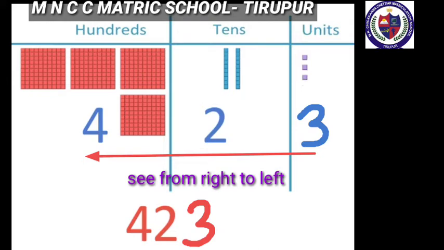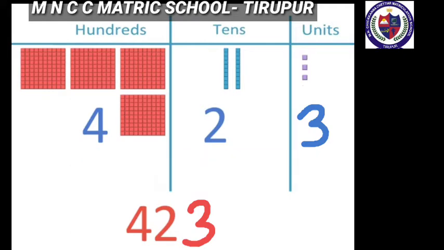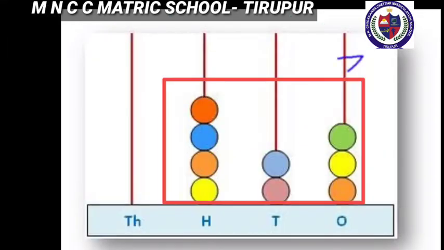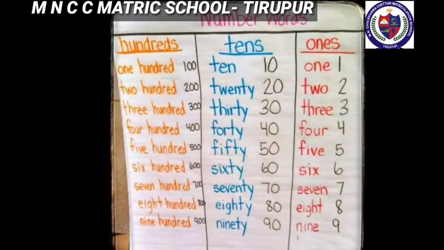At 1's place value, single beads are used. Here number 3 is given, so we can draw 3 single beads. At 10's place value, we can use 10 beads as a long tail. Here number 2 is given, so we can draw 2 long tails. At 100th place value, square shaped tile is used. Here number 4 is given, we can draw 4 square shaped tiles. Abacus scale for the number 423.